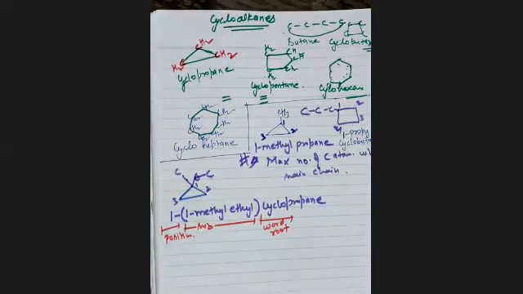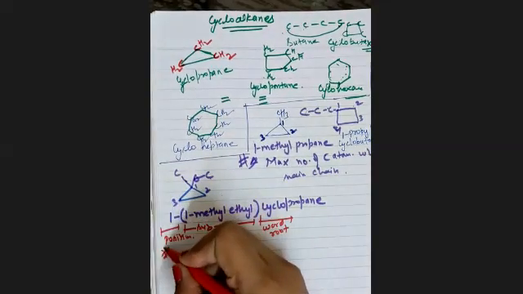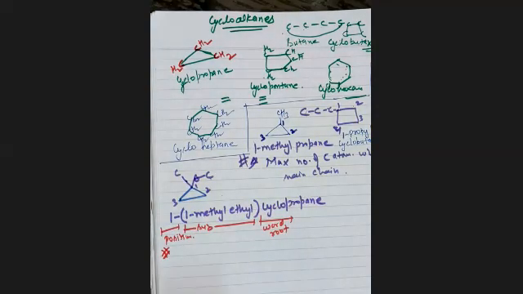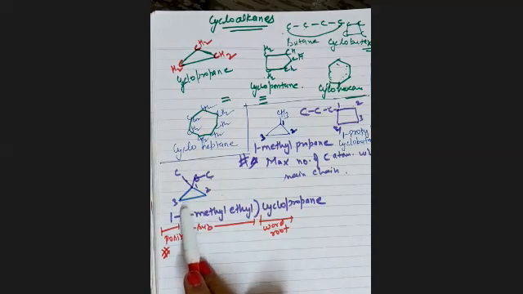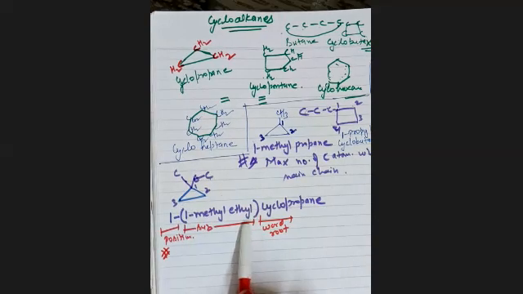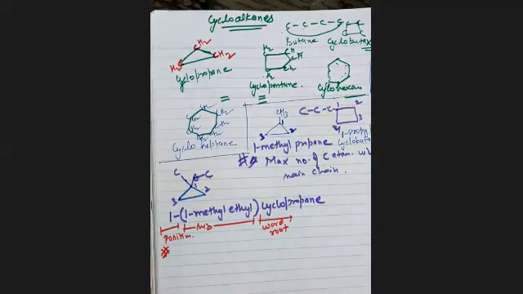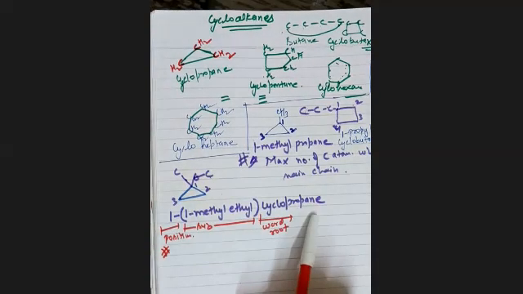At first, we'll have the position. This is your next rule. We have the position of your substituent. After that, we'll do what? We'll write the entire substituent, whatever substituent we are having, and after that, the word root. Word root will be cyclopropane. Okay. Let me just make it complex.